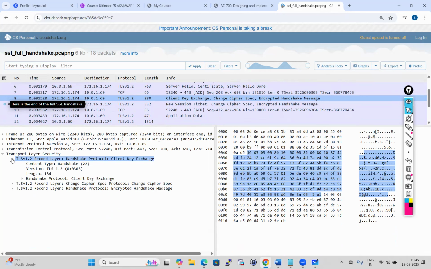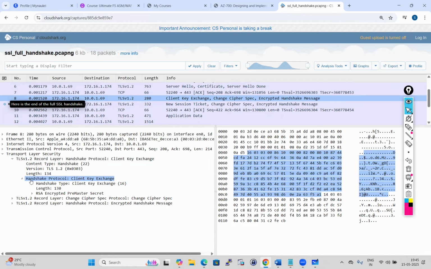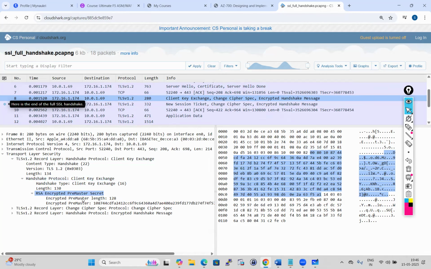ओके, सो आपको ज्यादा उधर कंफ्यूजन की जरूरत नहीं, बस इतना अंडरस्टैंड करो। And then if you come here, this is the handshake protocol client key exchange guys. And यहाँ पर देखो प्री मास्टर सीक्रेट की का लेंथ 128 है, एंड इनक्रिप्टेड प्री मास्टर सीक्रेट की, एंड दिस इज इनक्रिप्टेड विद द पब्लिक की, जो कि सर्वर द्वारा सेंड किया गया है, एंड सर्वर इज गोइंग टू बी डिक्रिप्टेड विद हेल्प ऑफ इट्स प्राइवेट की, बिकॉज सर्वर के पास जो प्राइवेट की वो शेयर नहीं हुआ था,